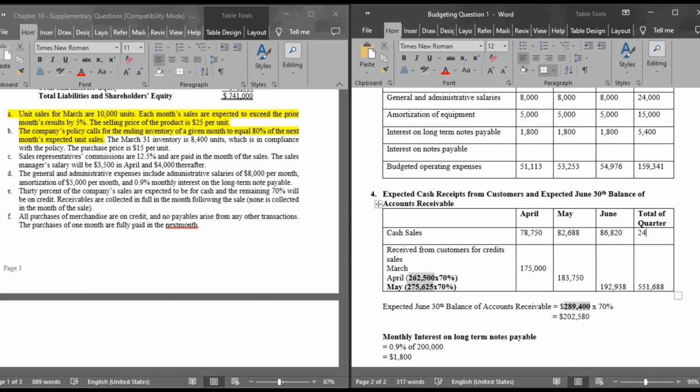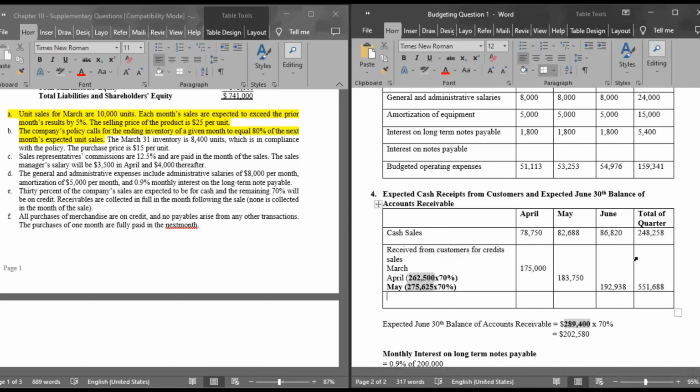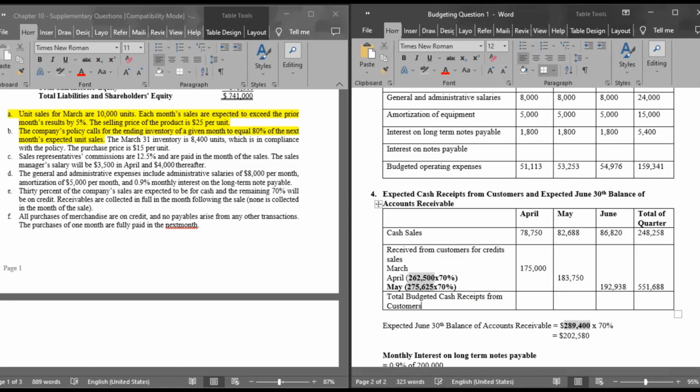248,258. Now we need to place the third row, and in the third row, we will place total budgeted cash receipts from customers. So just add the cash received from cash sales and credit sales and make a total for the